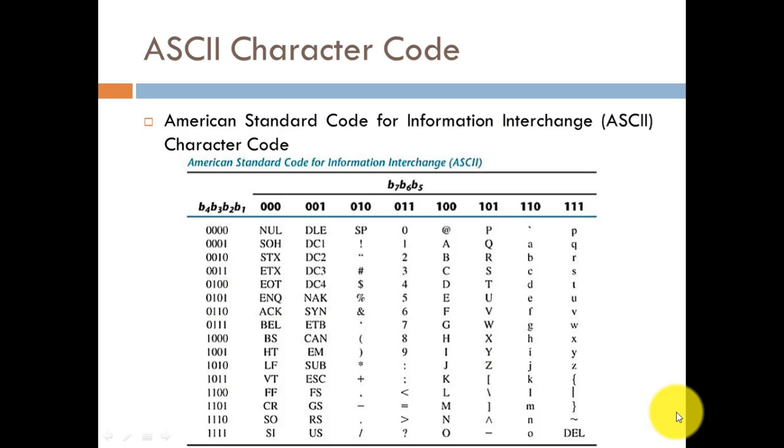So I can take any random value. What will be the ASCII coded sequence equivalent to this E? We have 100, and E is lying over in here. So 1000101 will be the ASCII coded equivalent of this capital E. So this is how this table is expressing the different coded sequences of various alphanumeric characters.